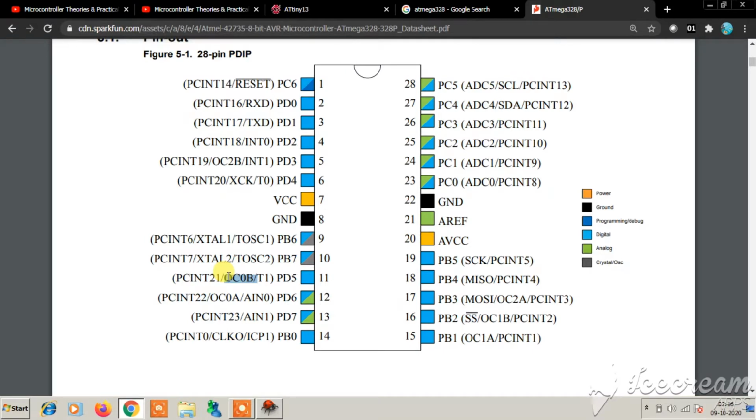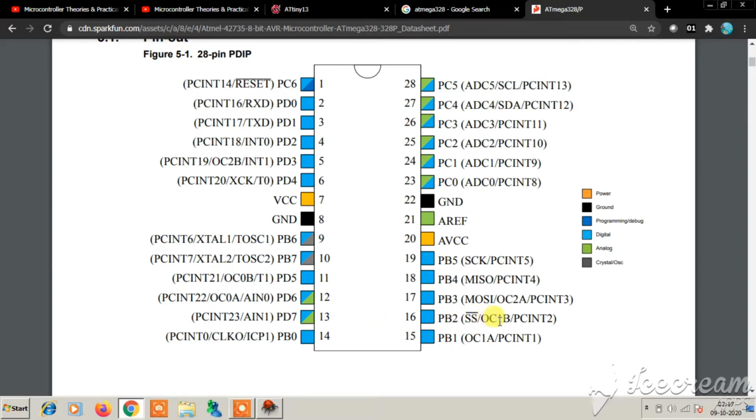All these PWM channels are controlled with the timers. The ATmega328P has 3 timers. Timer 1 is 16-bit, and timer 0 and timer 2 are 8-bit. We will only be using timer 0 and timer 2. We will not be using timer 1 today. We will only be using the 8-bit timers today.